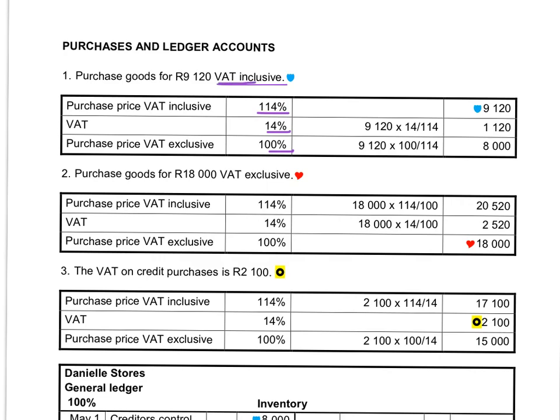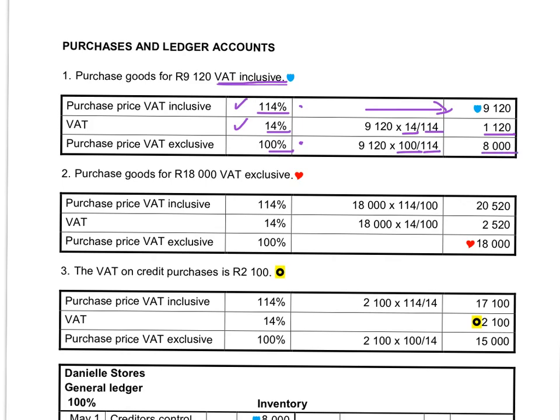Because they give us the VAT inclusive amount, it means 114% equals 9120. If we want to calculate the VAT, the one that we want, 14, divided by the one that we know, 114, and that will give us 1120. If we want to calculate the purchase price excluding the VAT, so that means what it costs the business, we will take the one that we want, 100, divide by the one that we know, 114,